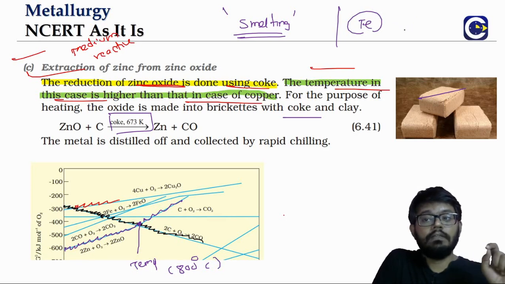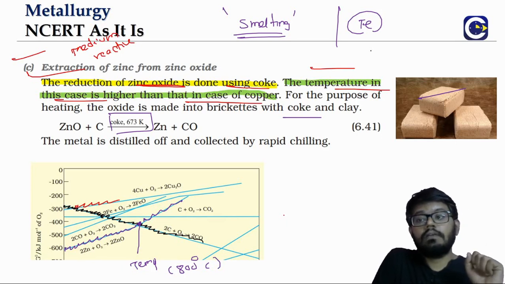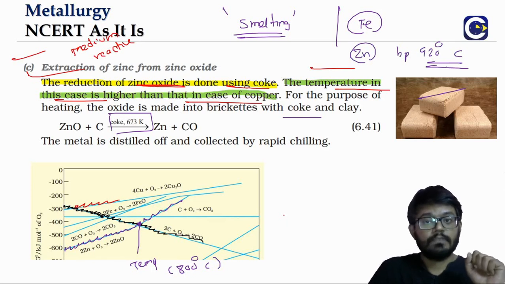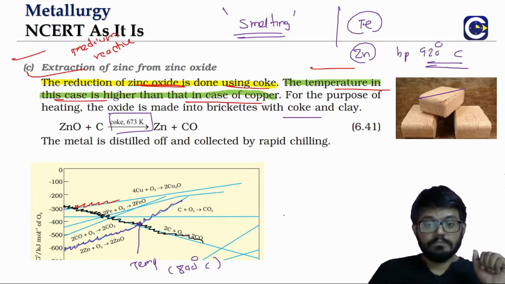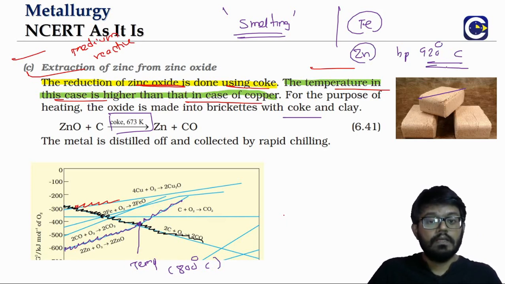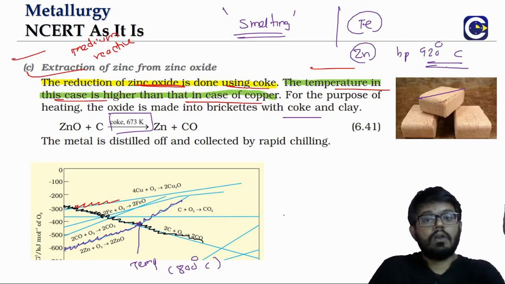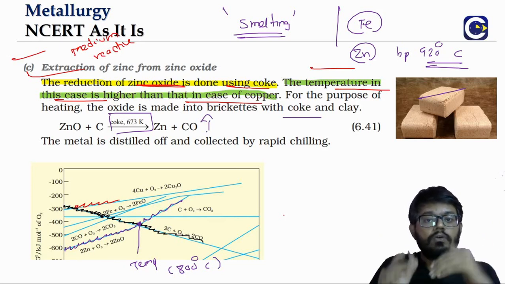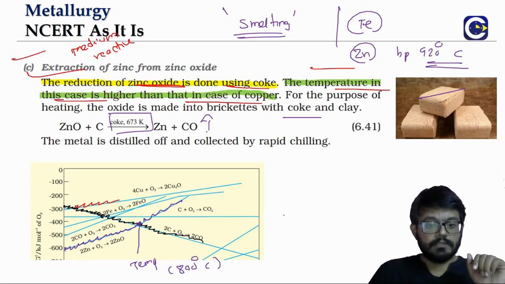But the thing is, you can still have the metal in the molten state, but that is not the case of zinc. Zinc boiling point itself is 920 degrees Celsius. We cannot have temperatures more than that. That is the reason why it will be very sensitive, because if the temperature goes above 920, the zinc will be vaporizing and it will be moving along with the exhaust gases. So the CO is also going to come as a gas. It will go along with the gases. So we have to make sure that we don't cross that boiling point temperature.